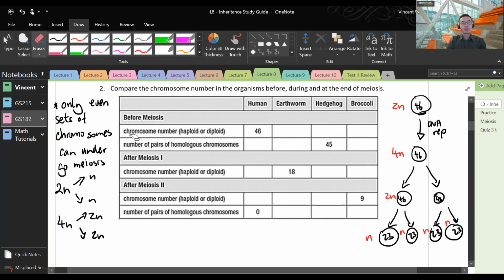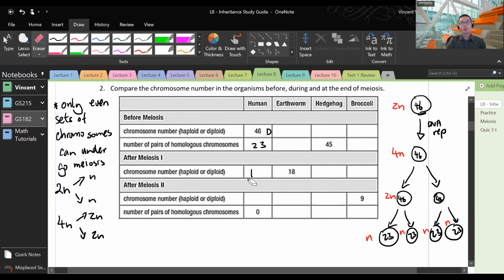So over here we have humans. Chromosome number, is it haploid or diploid, right? So this is going to be diploid. 46 is diploid, 2 sets. Number of pairs of homologous chromosomes, that's going to be 23. Okay. After meiosis 1, how many chromosomes do we have? Well, after meiosis number 1, we are going to have